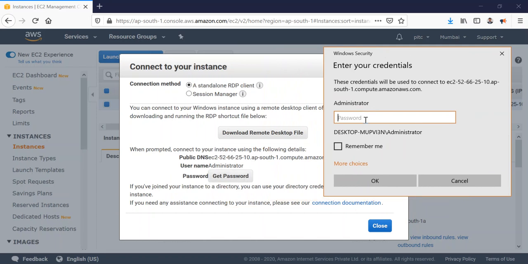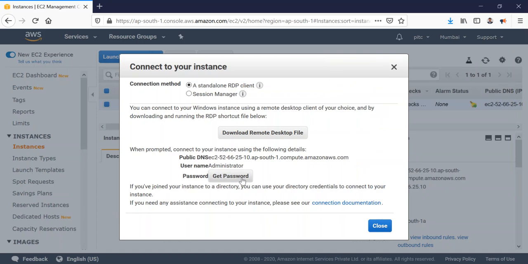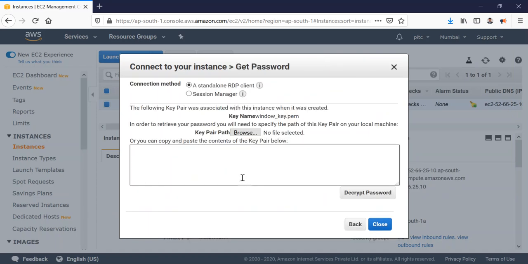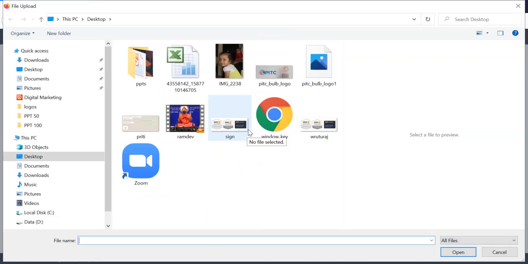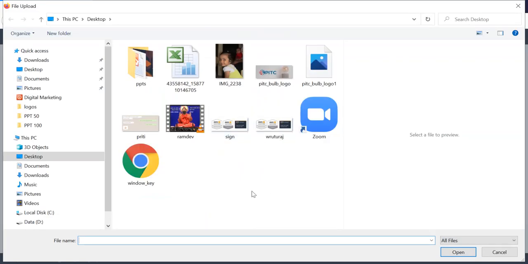Now we need a password. Remember one thing, the username is Administrator by default. Now I want to find the password. To get the password, you just have to click the Get Password button, and from wherever you have saved the key file, just select it.